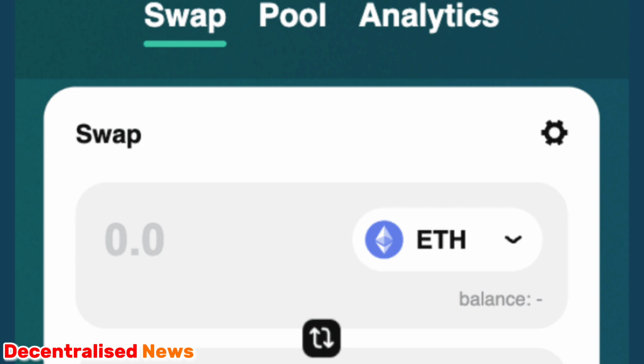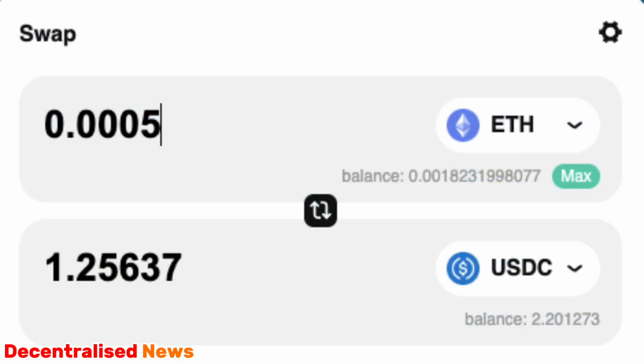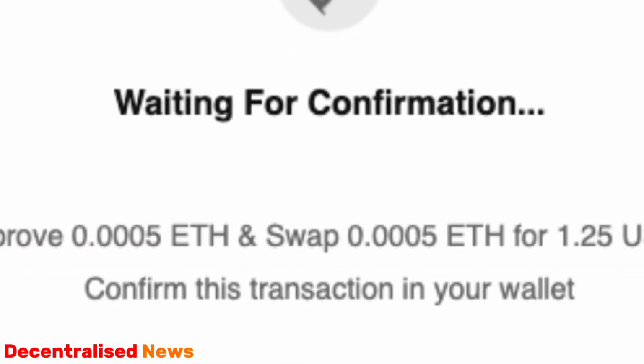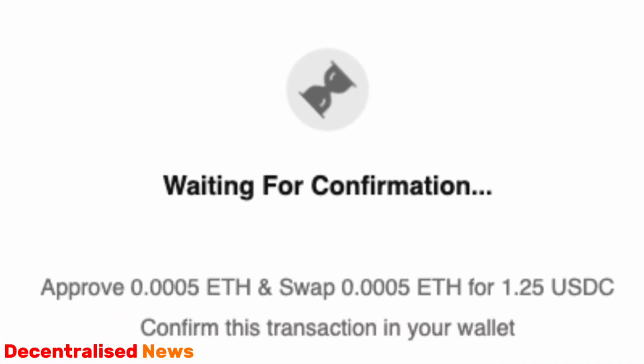To start, let's execute a simple swap from Ethereum to USDC. You can see here, I like these layer 2s because you can do micro transactions. We're going to do a minimal transaction here, so you can see how effective these micro transactions on layer 2s can be, especially if you're going to be doing a lot of trading. Also make sure you wait for your transaction to get confirmed on chain. You will get a notification,